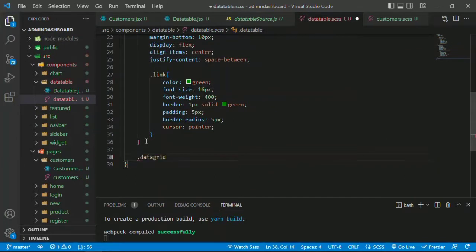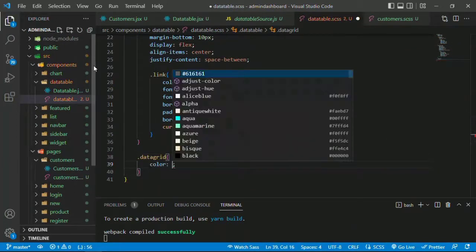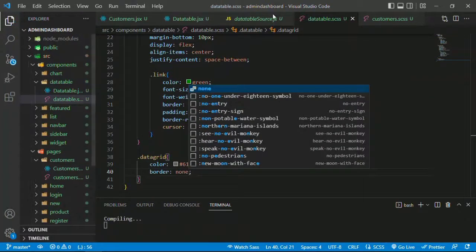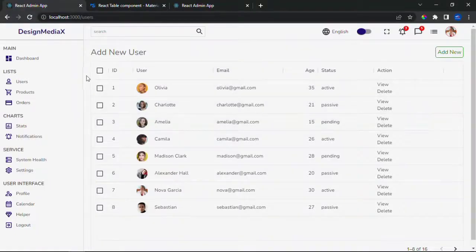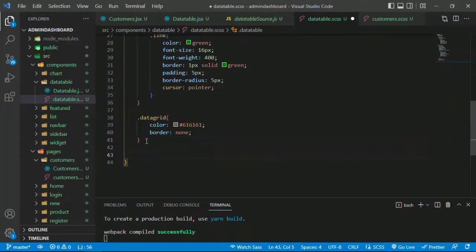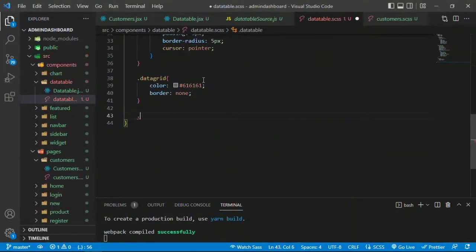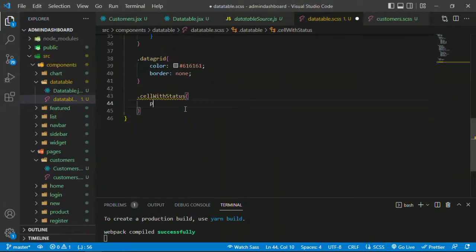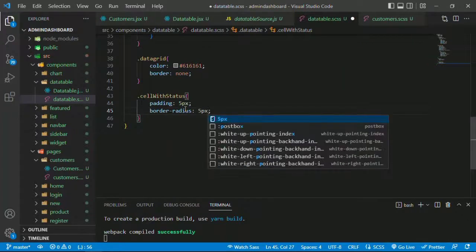All right, so just click on this data grid, and then in here do a border none. Okay, and then here for our cell with status, that is here, we're going to do a padding here of 5 pixels. We're going to do a border radius of 5 pixels,